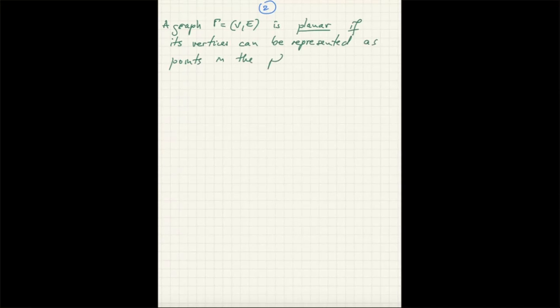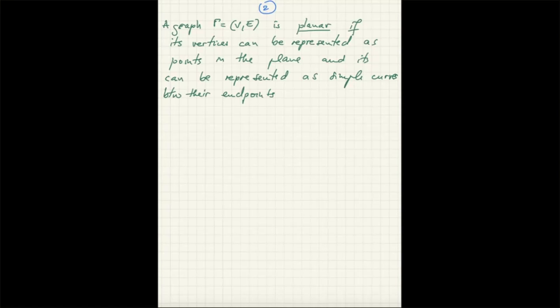I can give now the definition of a planar graph. A graph gamma is planar if its vertices can be represented as points in the Euclidean plane, and its edges can be represented as simple curves between their endpoints,